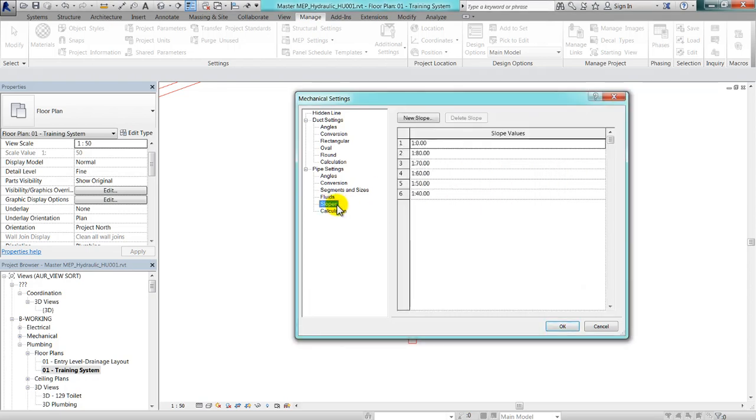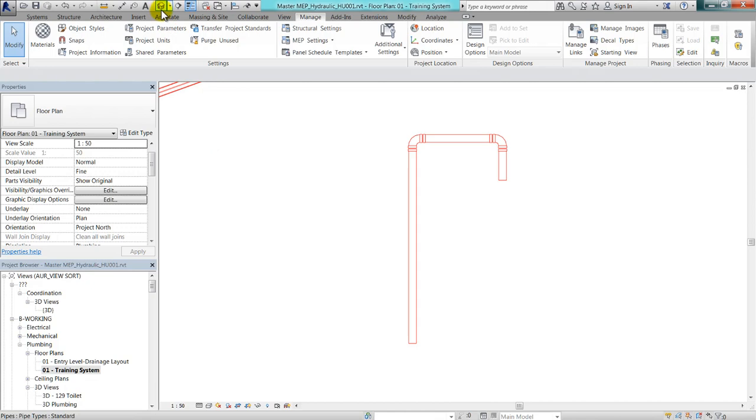Slopes. Slope values can be predefined and then selected while drawing a pipe via a drop-down menu or when using the slope editor. At the moment we do have 6 different slope values we can pick from. Hit OK, go to your 3D view,